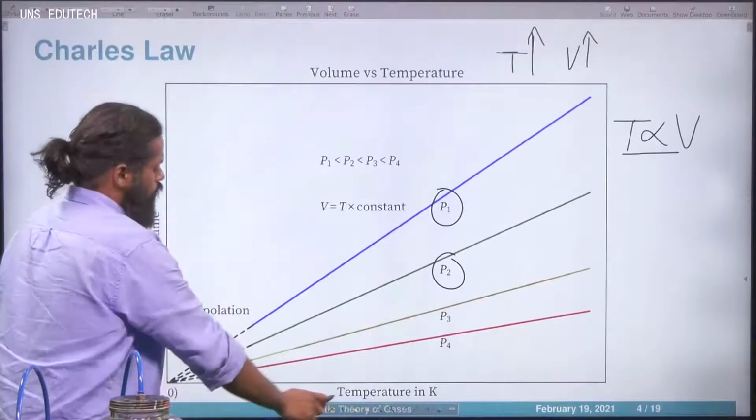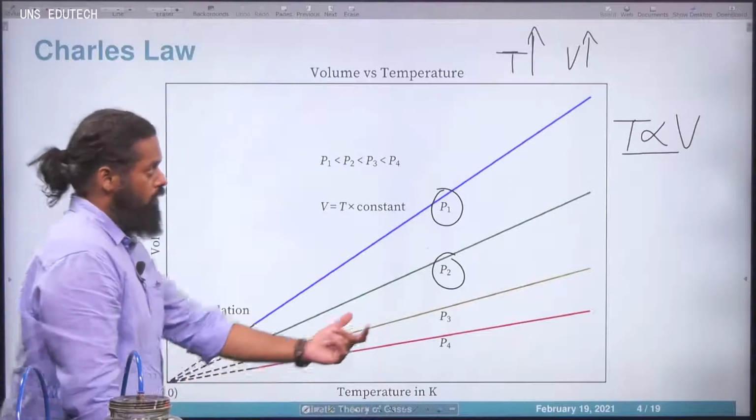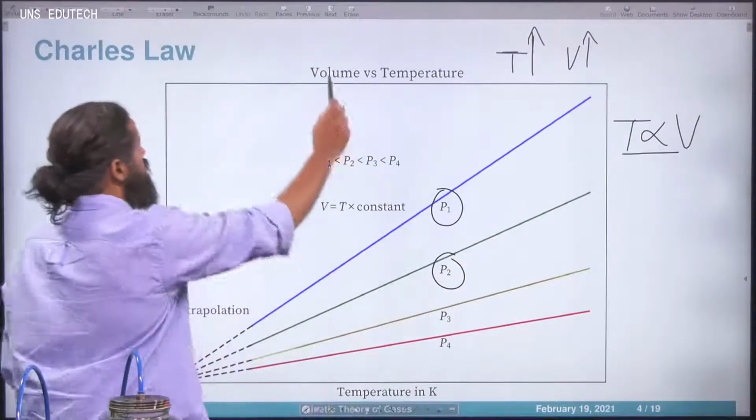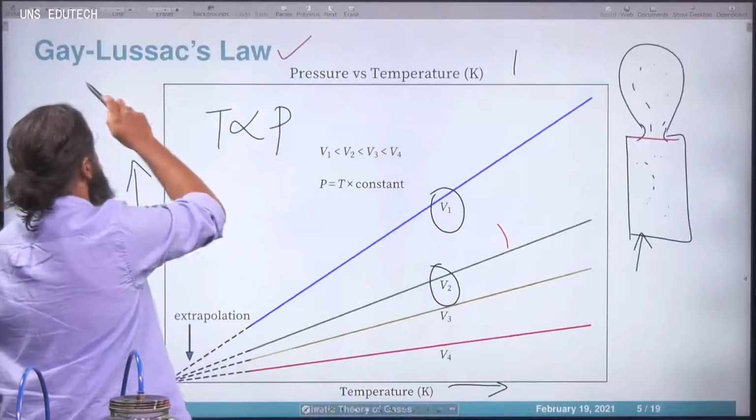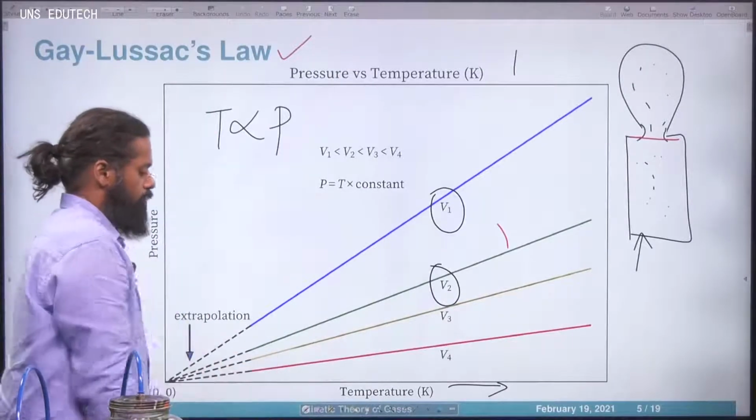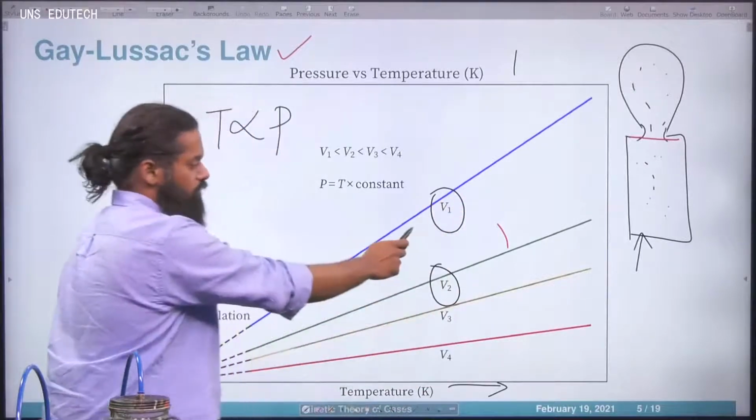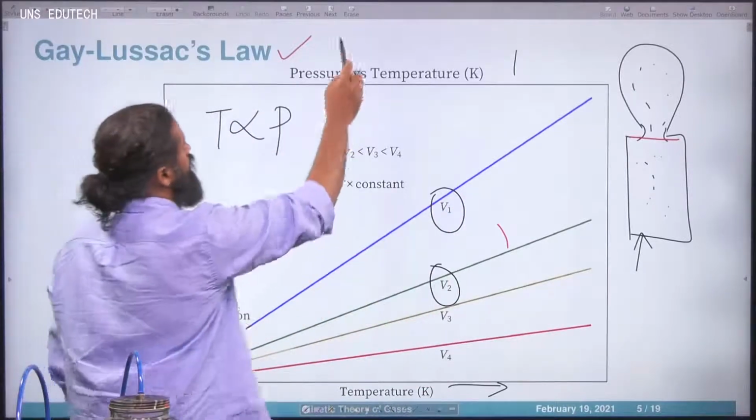Charles's law: if you are plotting volume versus temperature, volume is proportional to temperature at constant pressure. That is called Charles's law. Then next one, Gay-Lussac's law, the pressure versus temperature. If you are increasing temperature, the pressure will increase at constant volume. Then the fourth one,